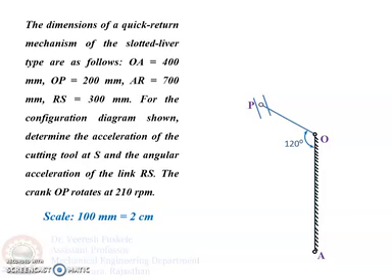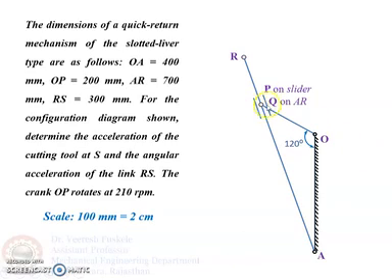And this slider will be sliding inside the slotted lever, or it is placed inside the slotted lever, which will be represented by the link RA. So we join A to P and extend to R. So this point will have two markings. One will be P, that is on the slider, and another is Q, that is on the link AR, and both are coincident points.